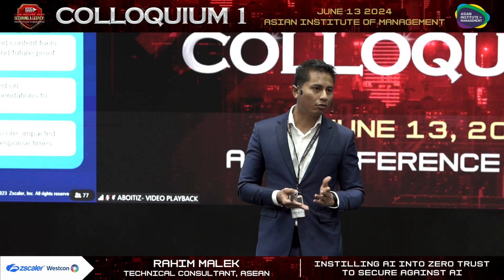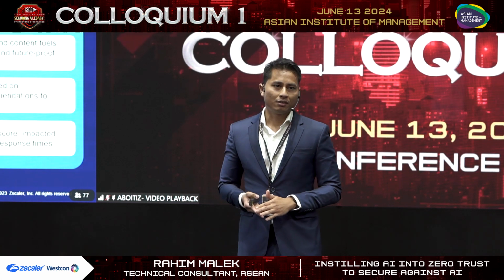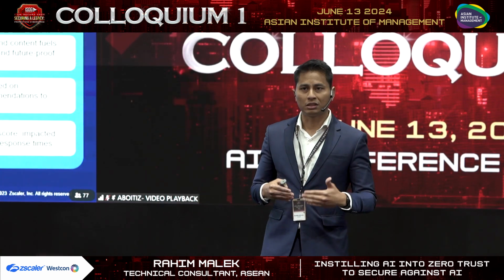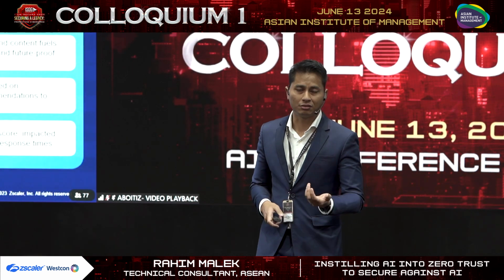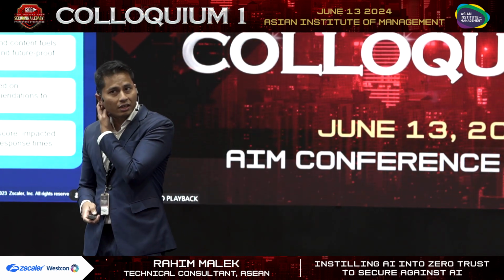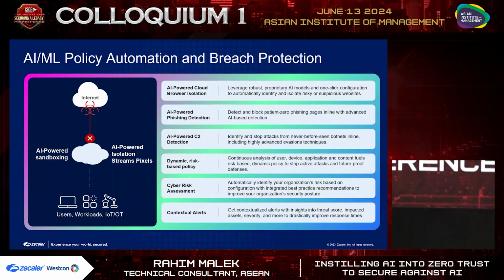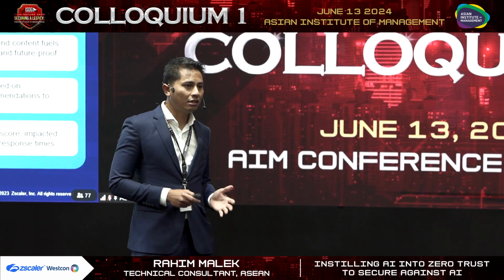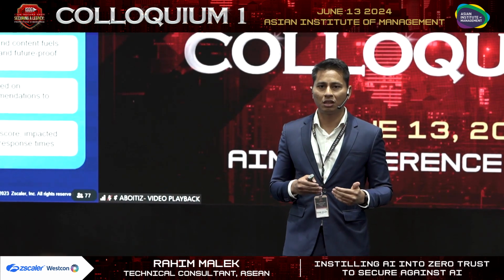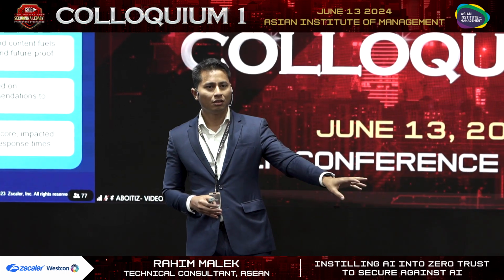You have your firewalls, you have your EDRs, and some of the organizations also leverage browser isolation to filter the risks of users accessing risky sites, but at the same time increase productivity of the users. So with the AI embedded in this zero trust architecture, what we can achieve is to have an AI-powered cloud browser isolation. Currently, without AI, it's difficult for organizations to determine whether I should isolate this particular destination.